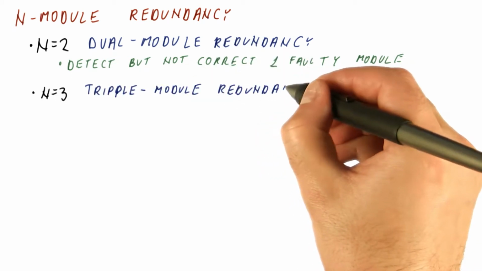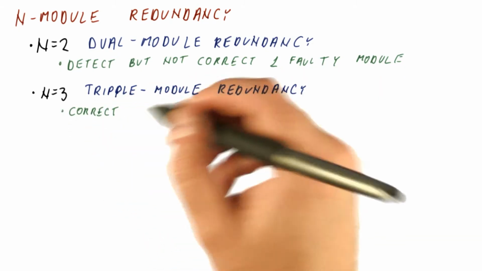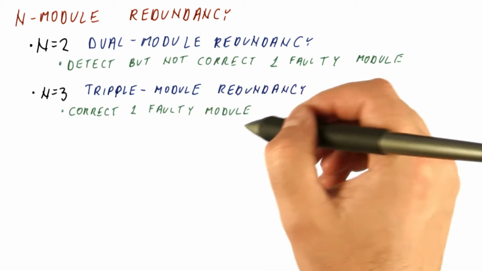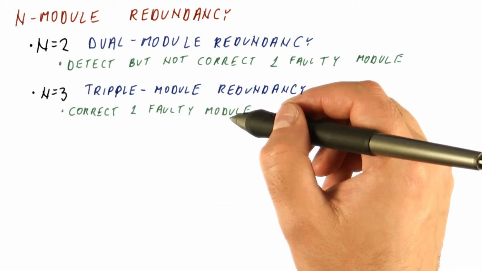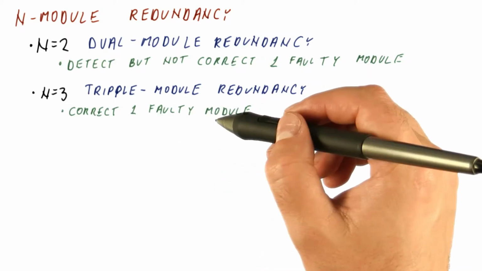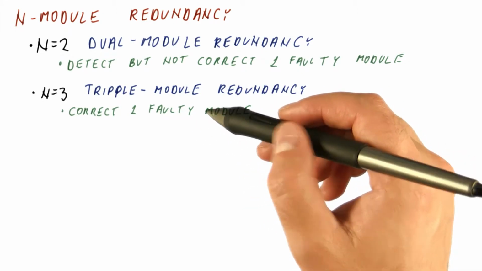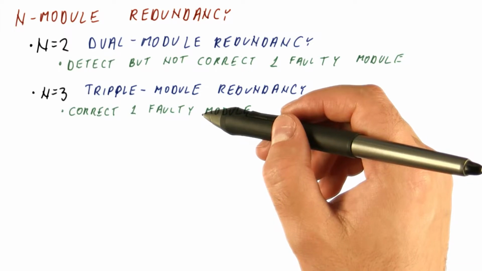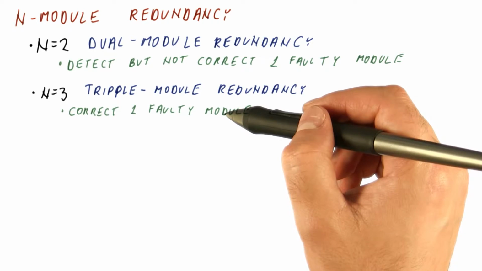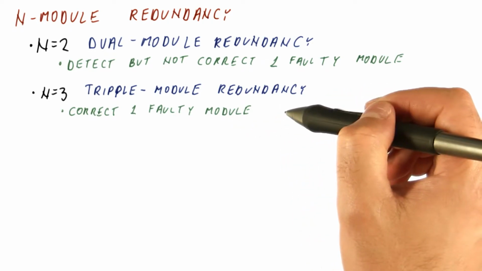N equals 3 gives us what's called triple module redundancy, and it allows us to correct any one fault or even all faults produced by a single faulty module. Again, sometimes we can tolerate more than one faulty module if the two faults in the different modules don't affect the same result, but all we can really guarantee as far as the number of faults we can correct is that all faults that occur within the same module will be corrected. And that's because the other two modules are functioning correctly, and their correct outputs are going to outvote whatever the